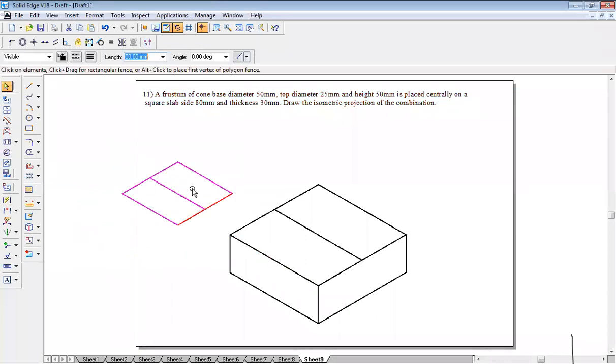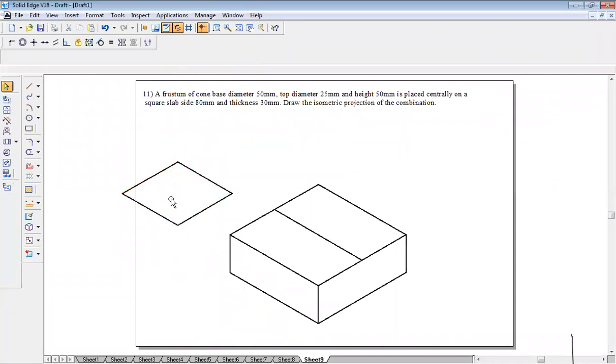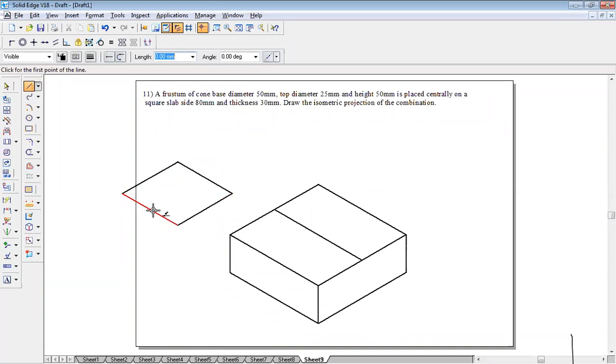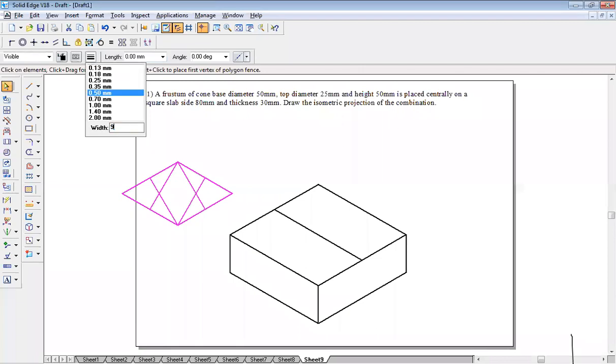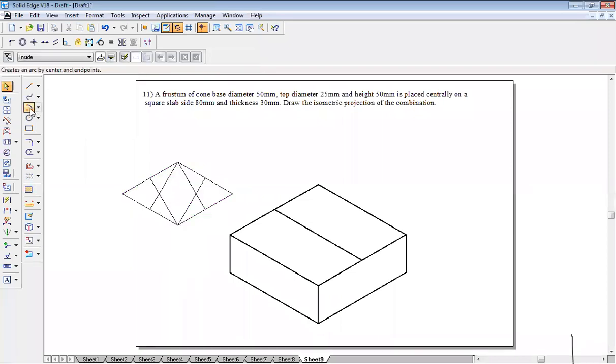Now in this one I have to draw a cone. So let us do that. Line, center, shortest diagonal, center. Let us reduce the scale of this so that visibility will be good. 0.05 line thickness. Okay, then arc by center point method. For number 1 as a center, this is the radius arc. For number 3 as a center, this is the radius arc. Crossover line as a center, this is the radius arc. This crossover line as center, this is the radius.